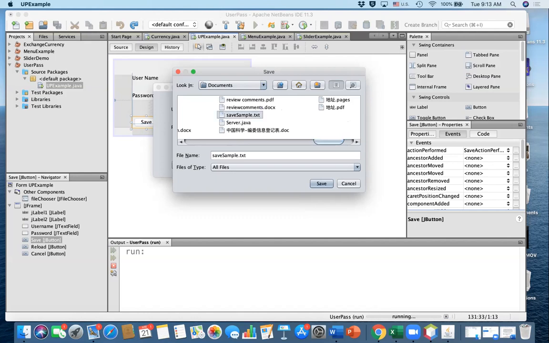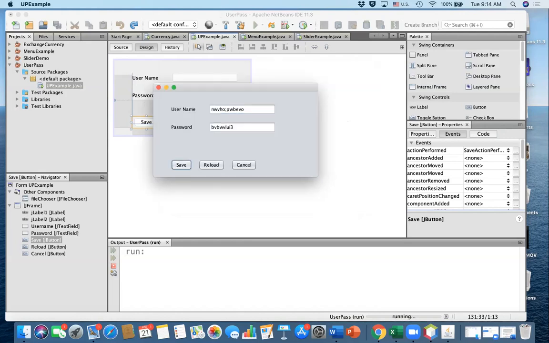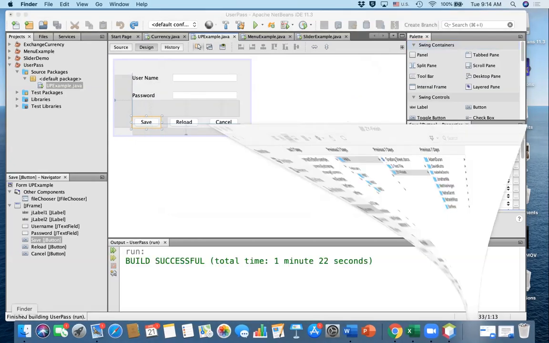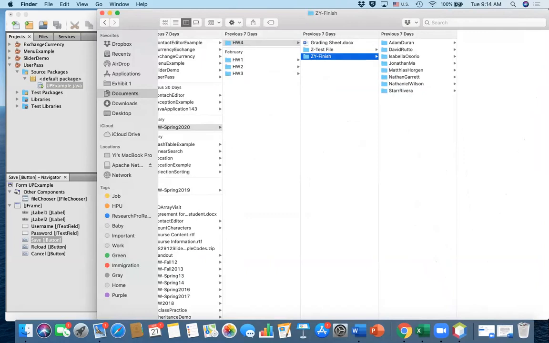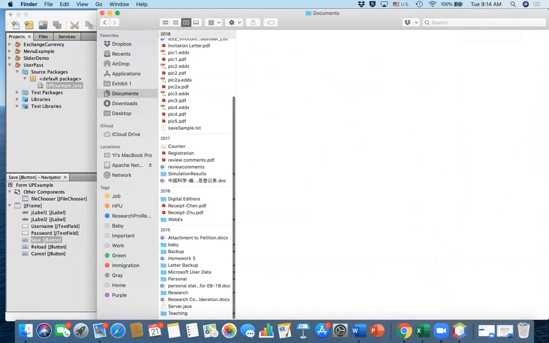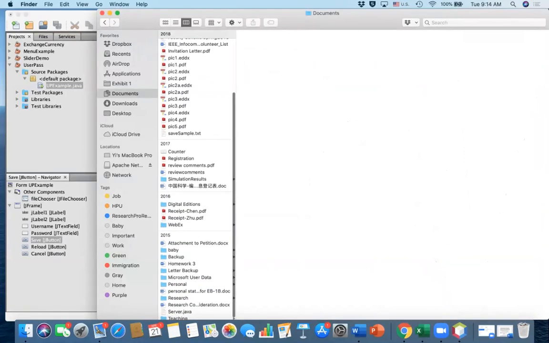Save sample, yeah, this is good. So I use the save sample to save it. Okay, if I click the cancel button, it will be cancelled. Okay. Let us see where is my document. I will do save sample, right? So save sample, where is my